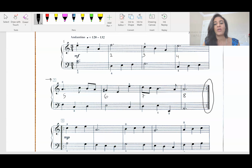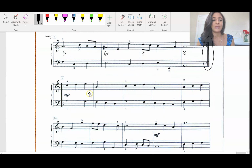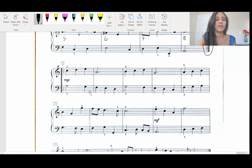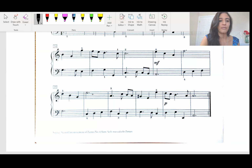Remember we talked about the way measures look, and here's an example of a different type of measure. If you remember from one of our previous lessons, this is a repeat sign, so that means you would go back to measure number 1. But for this example, we're going to keep numbering our measures because that's the focus. So here we have measure 9, and we have 10, 11, 12, 13. Moving down, then we have measure 14, 15, 16,